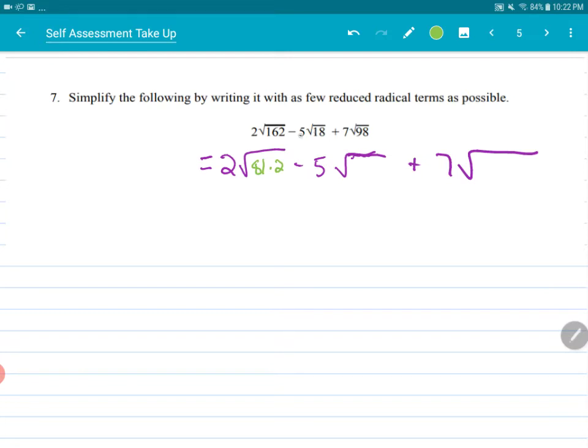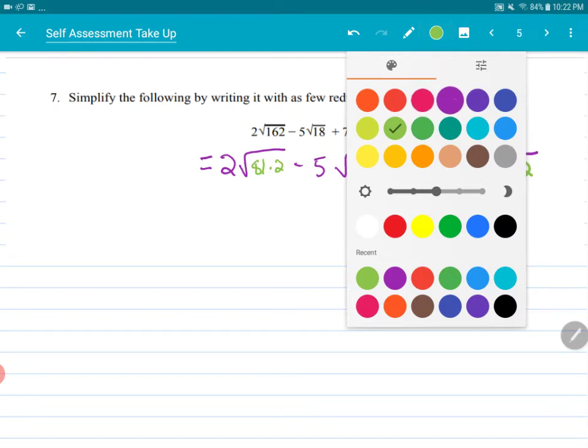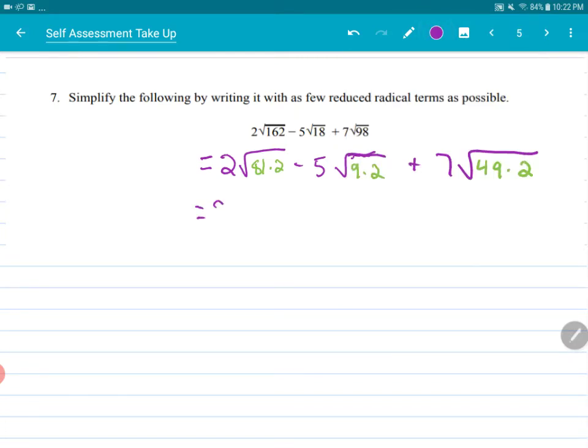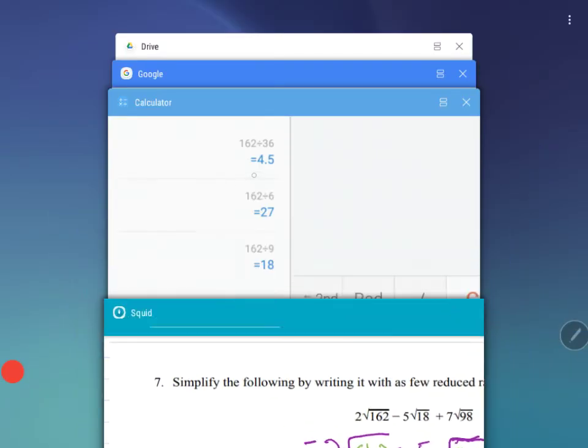We'll move on to -5 times root 18. 18 is 9 times 2. And 98 is going to be 49 times 2. Now, does it matter if you put 49 times 2 or 2 times 49? No, but I think it's just easier to put the square number as the first number. It doesn't matter though. So now we're going to break this apart, and we're just going to make an exactly equal line. It just looks a little bit different, and I'm going to say this 2 times,